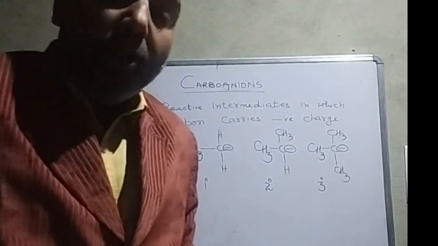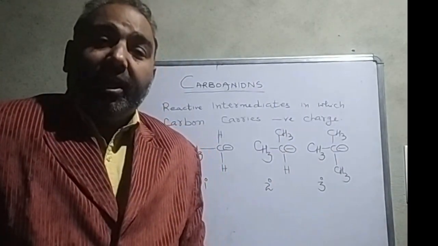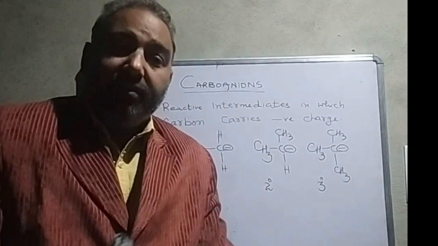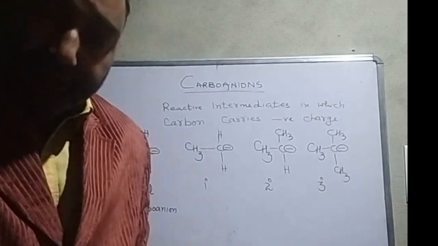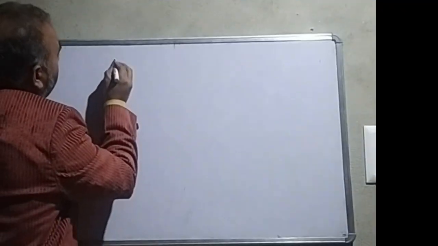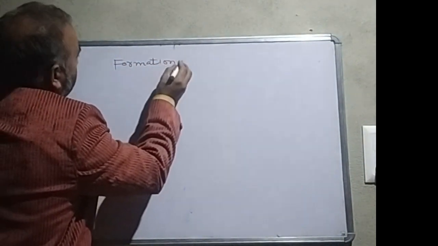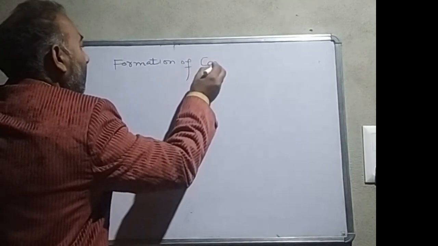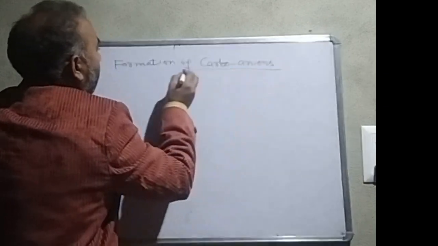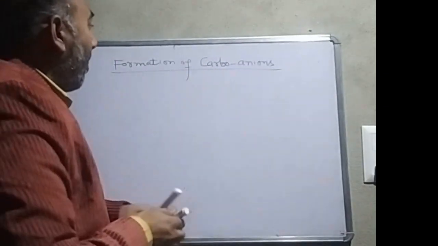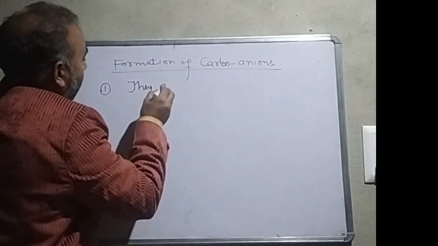Now I will tell you how are they formed, how are they generated, in what situation, in which environment carboanions are formed in organic reactions. So formation of carboanions. Carboanions are formed